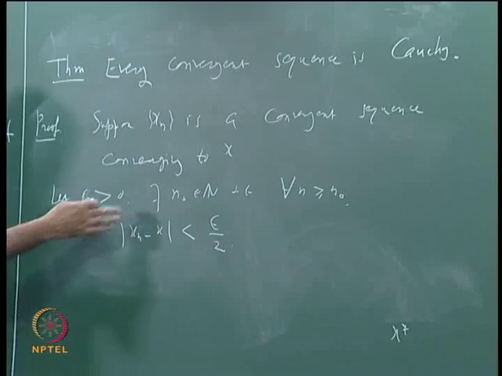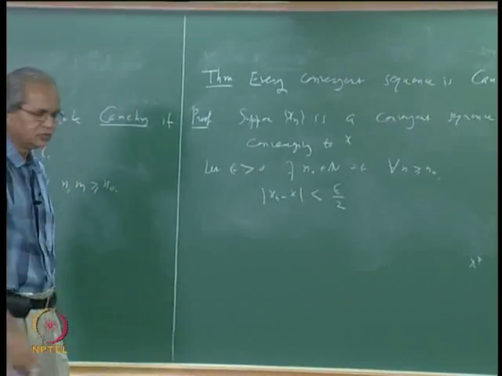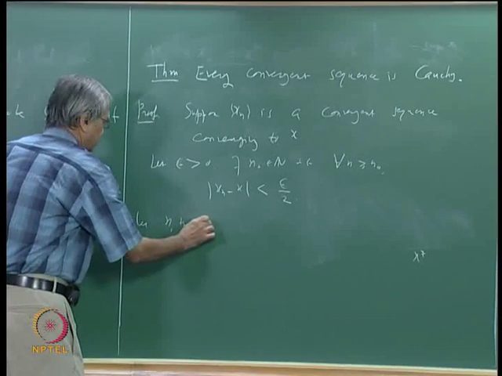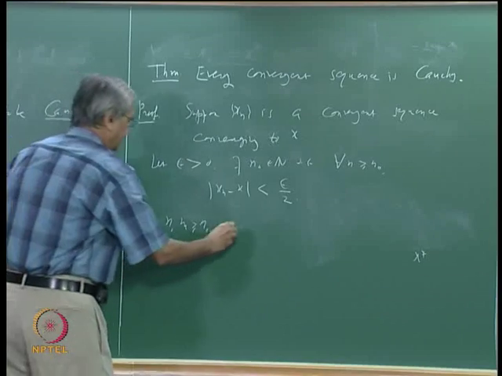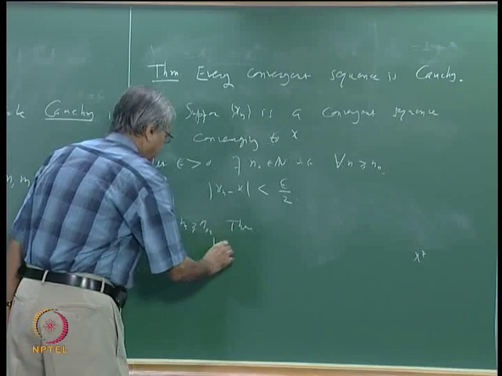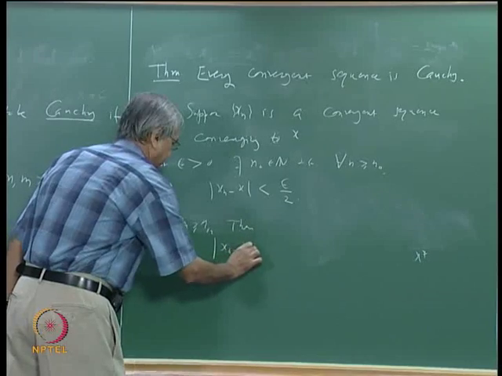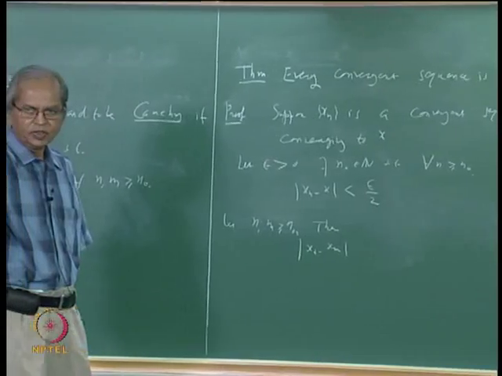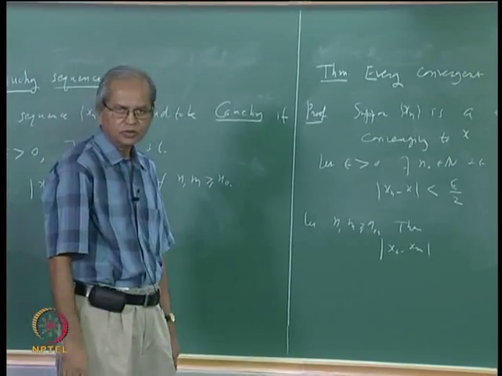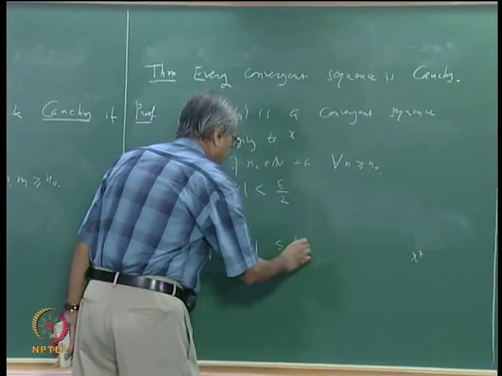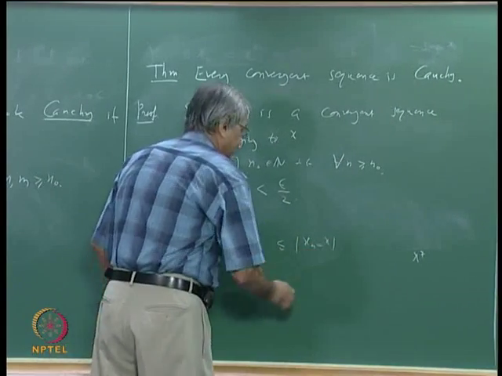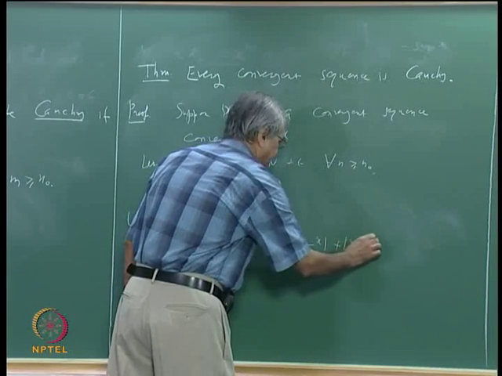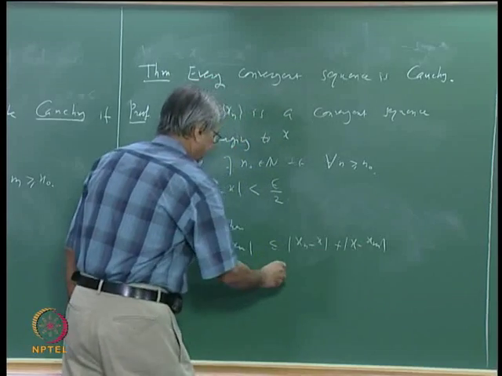So now take n and m both bigger than or equal to this n0. Then look at mod xn minus xm. What is to be done is clear. Just add and subtract x. So this is less than or equal to mod xn minus x plus mod x minus xm, and since each of these is less than epsilon by 2,